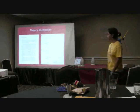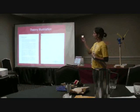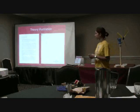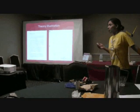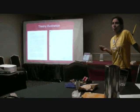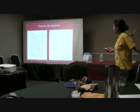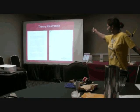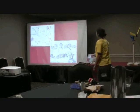Oh, this is the story that I was talking about earlier. We had these engineers write up a fictional story based on a concept. The whole point was that it's a whole amount of text, but the motivation for the assignment was that you have to illustrate the text, because most students like to draw. And so you can look at the comparison of a whole bunch of text, and the same story represented in an illustrated form. And these are just different